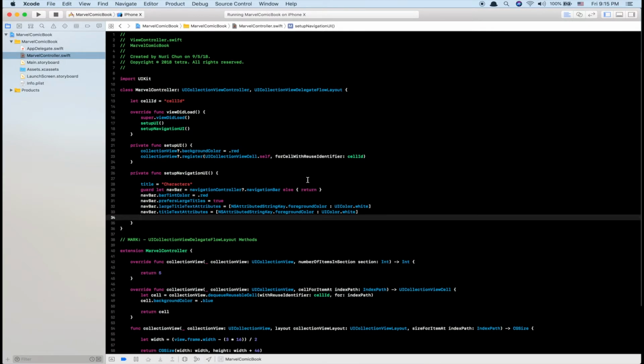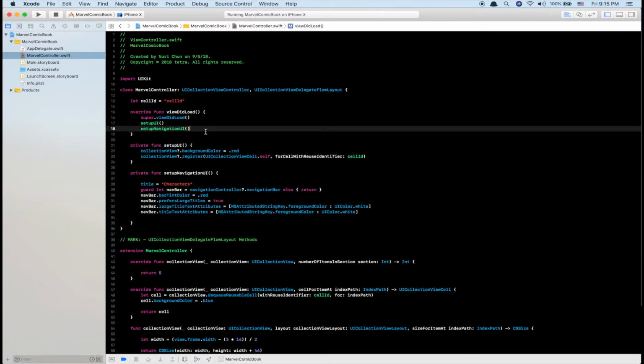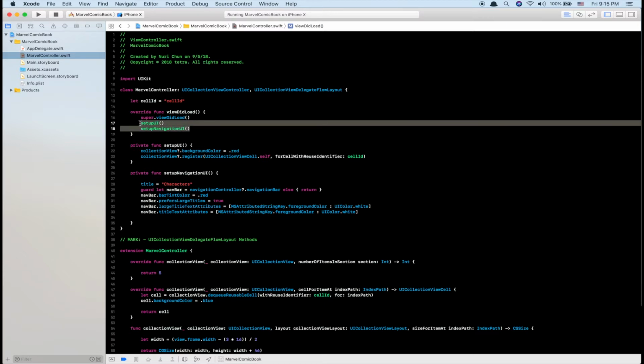Okay, so in the past video I talked about how I would explain some of the code that I've written. So this is gonna be that. In viewDidLoad, what it means is as soon as you run your application, this is the first thing that will be called. Well, that's a lie, but this is one of the first things that's going to be called, and it's only going to be called once, and it's going to run the setupUI function, the setupNavigationUI. And it's really important to put all your important and concise stuff into this block of